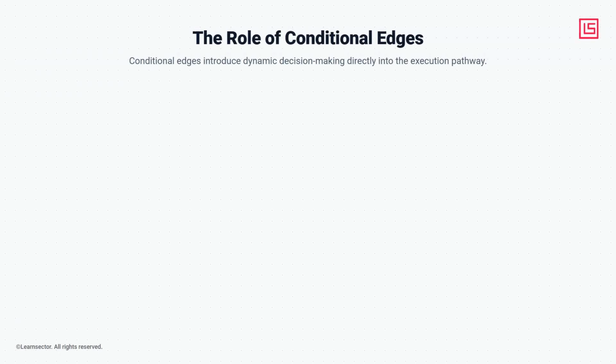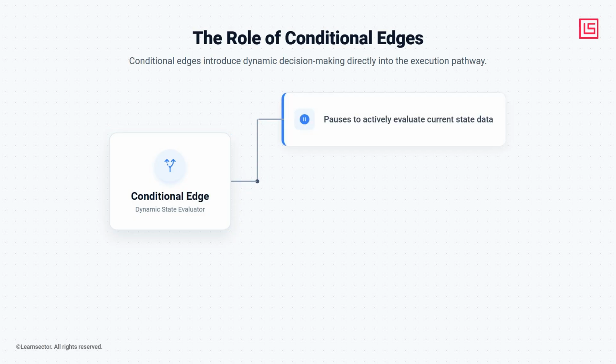Up to this point, we have discussed standard edges, but the true cognitive power of this architecture is unlocked through conditional edges. Conditional edges introduce dynamic decision-making directly into the execution pathway, moving us far beyond rigid linear flowcharts. Instead of blindly following a statically programmed route, a conditional edge pauses to actively evaluate current state data. For example,